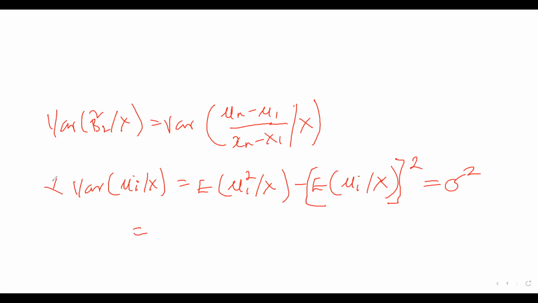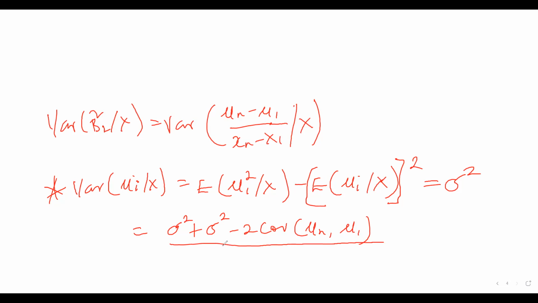We know this is the formula for variance. So this now is going to become sigma square plus sigma square minus 2 covariance un comma u1, right, all over xn minus x1,